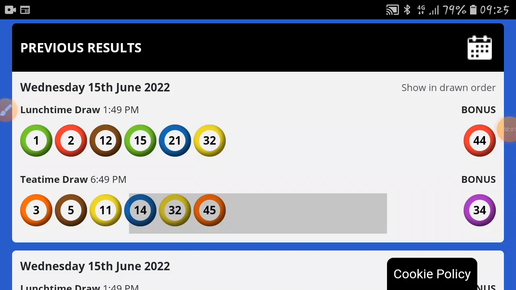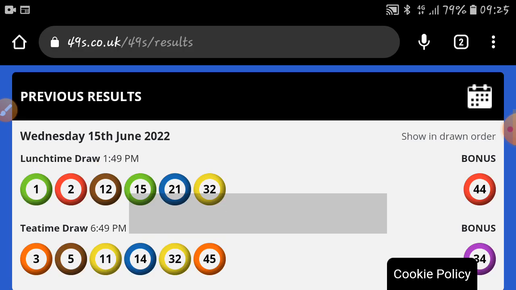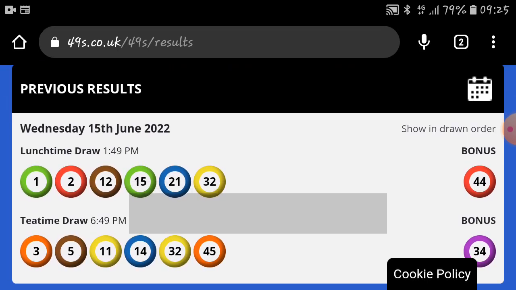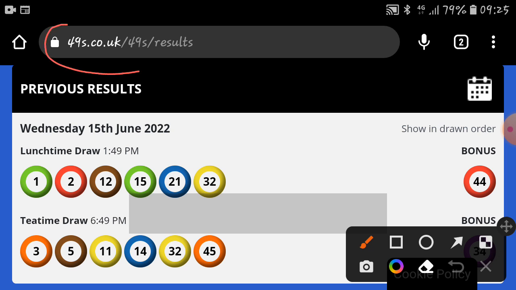Evening. We'll come back again to our UK 49's strategies and predictions. Okay, so I'm going to start here by the official website for UK 49's